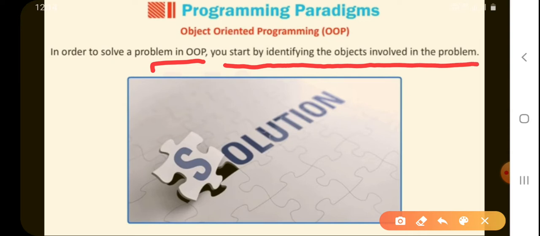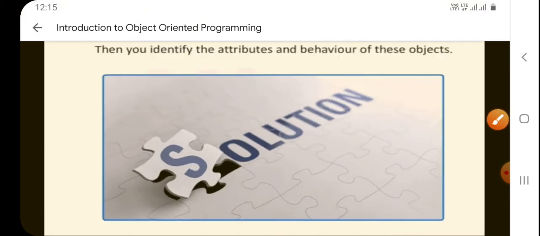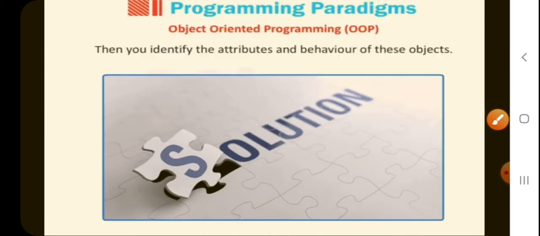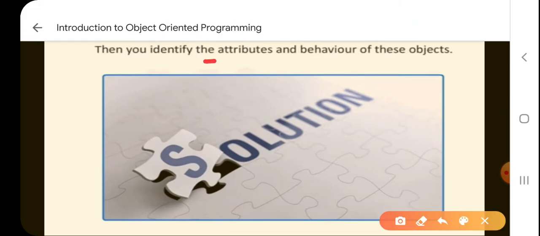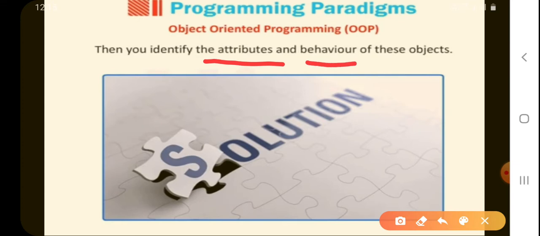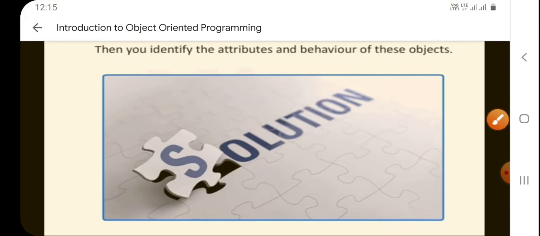The first step is always identifying all the objects involved. Then, after identifying all the objects, we need to identify the attributes and behavior of all of these objects, because different objects are going to have different attributes and different behavior.